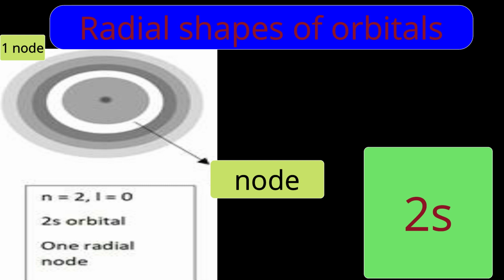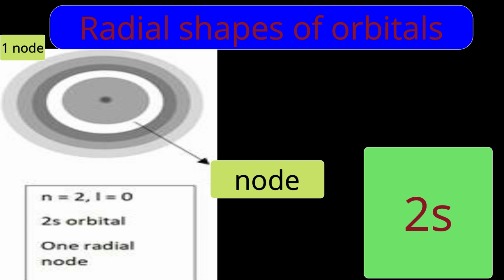To say it again, from the nucleus, as I come out, I am finding electrons. Slowly electron density decreases, becomes zero, and afterwards for some duration I am finding no electrons. Again I find electrons, and then electron density decreases further. I hope you are getting this point. So the inner circle, what you are finding, is near the 1s orbital. And from the 1s orbital to the 2s orbital, there is a gap. There is a vacuum, where electrons are not existing. And that's our node, our radial node. Again, we are getting electrons from the 2s orbital.